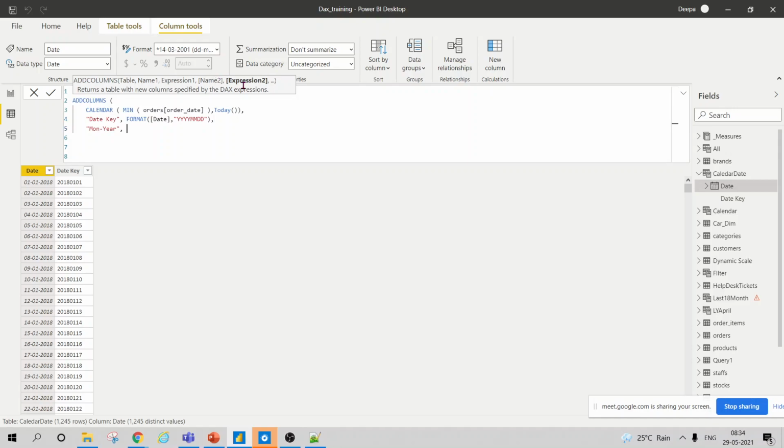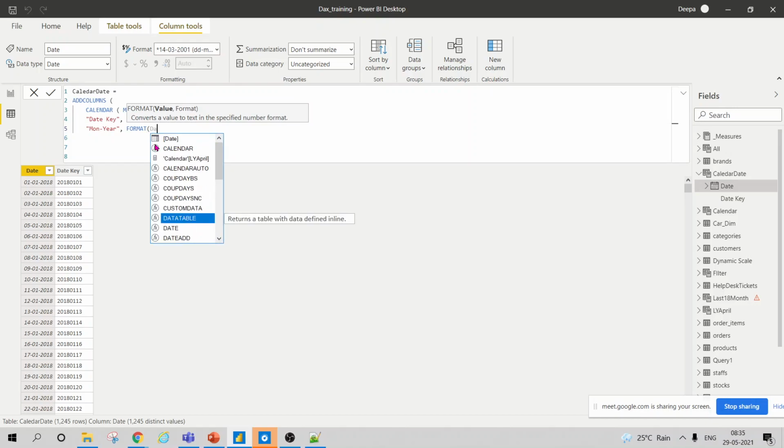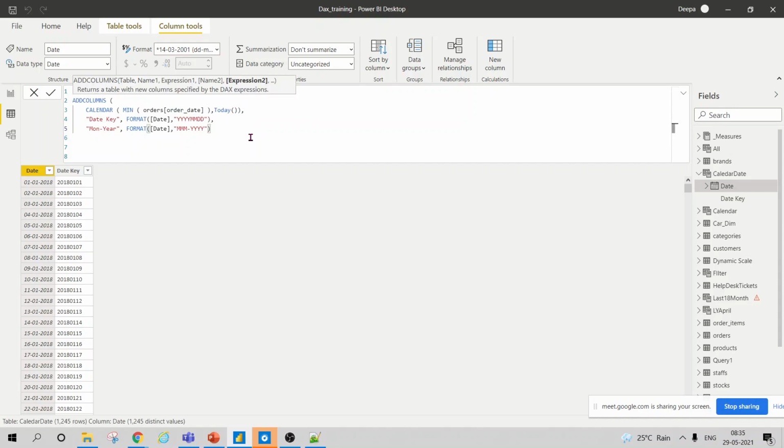Now it is asking for expression 2. So what is my expression 2? I'm looking for month here. So I will say go write month, go year. But it is again asking me how do you want to format this? So I'll check on this, I'll go for date and I'll do formatting on. See, I can choose to